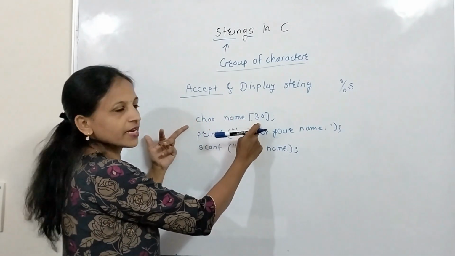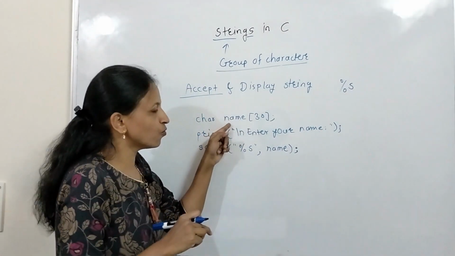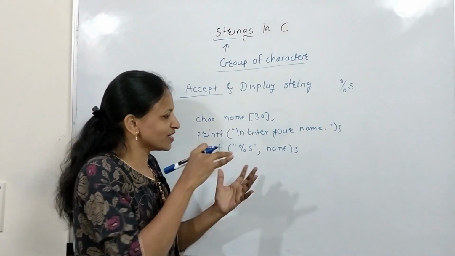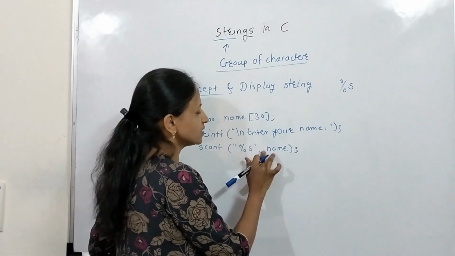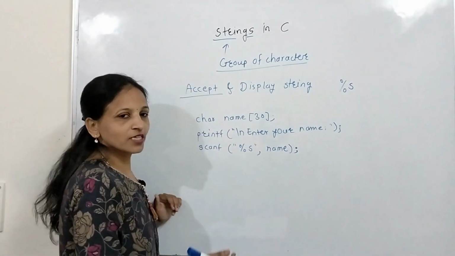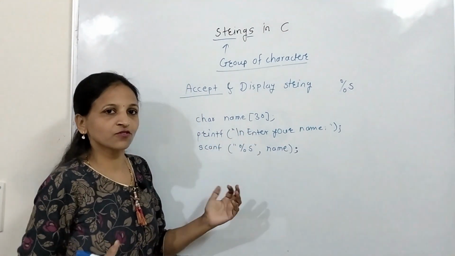Actually we are creating array here to store the string. Array name itself holds its base address, means in the array name itself there is an address. That's why again don't write here ampersand, because this name is what? This is the name of this character array, and this is holding address in it. That's why again don't put that ampersand, otherwise you will get error.